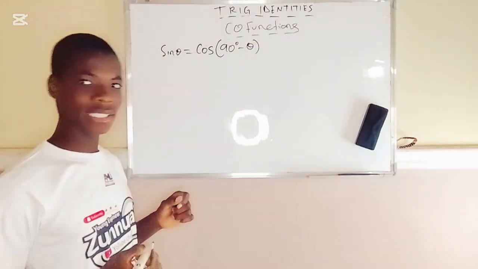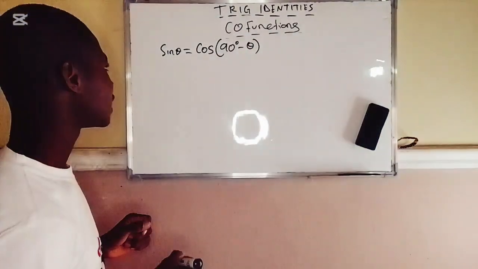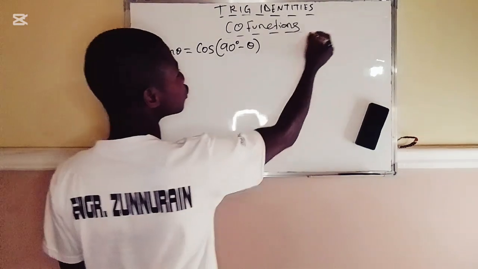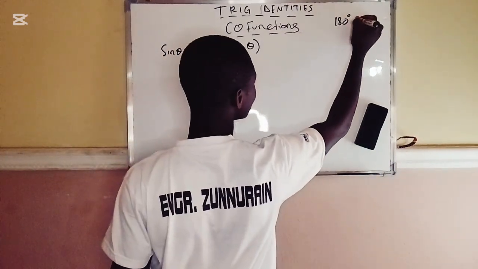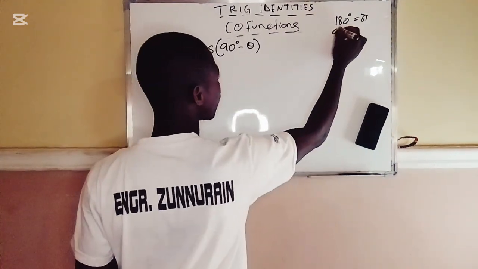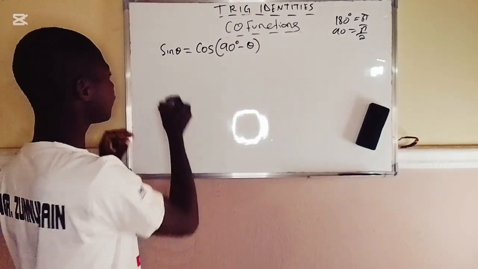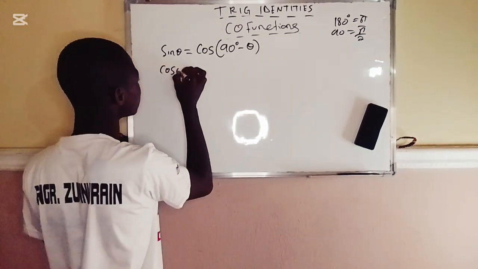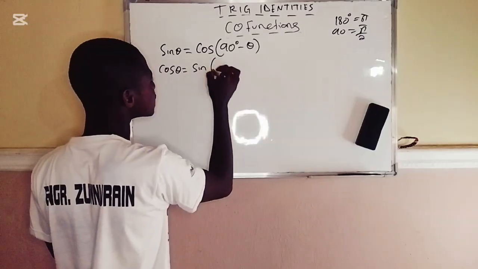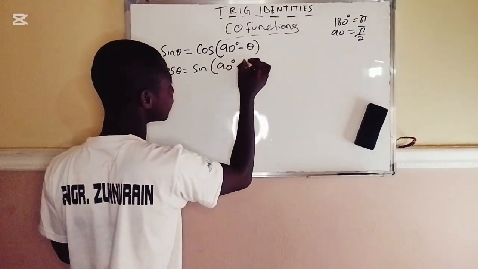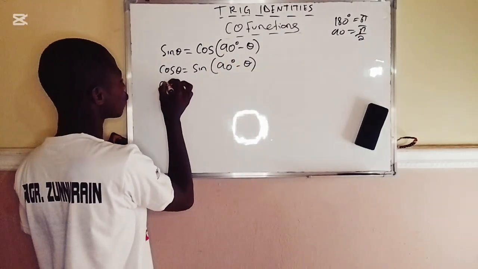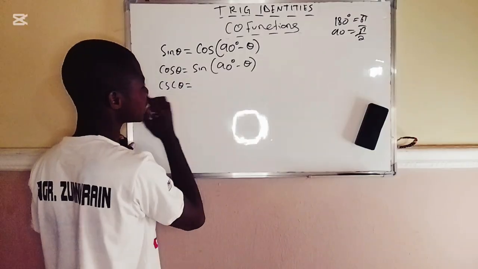And we all know that 90 degrees is the same thing as pi over 2, since 180 degrees equals pi. So 90 will be pi over 2. And if cos theta equals sine of 90 degrees minus theta, then the cosecant theta is the same thing as